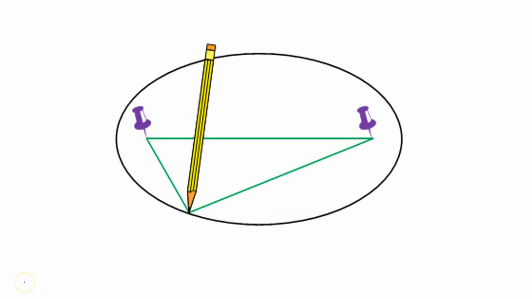So there's a cool way you can make an ellipse. You can do it with push pins, or actually in class, I'm planning on doing it for you, we're going to use suction cups on the board and a string. If we think about this as D1 and this as D2, because the sum of those two distances never changes, if you have a string, right, this